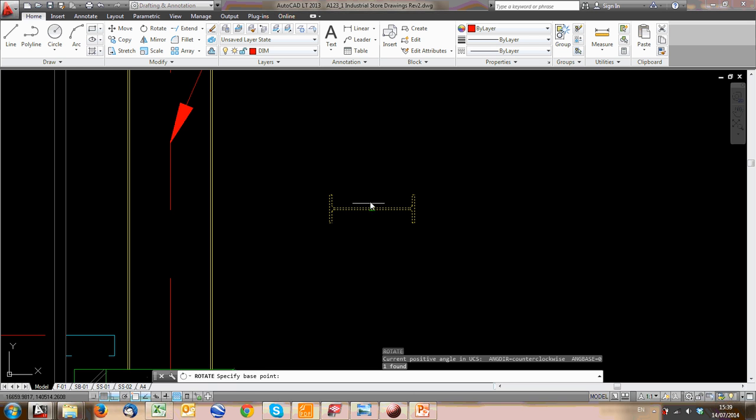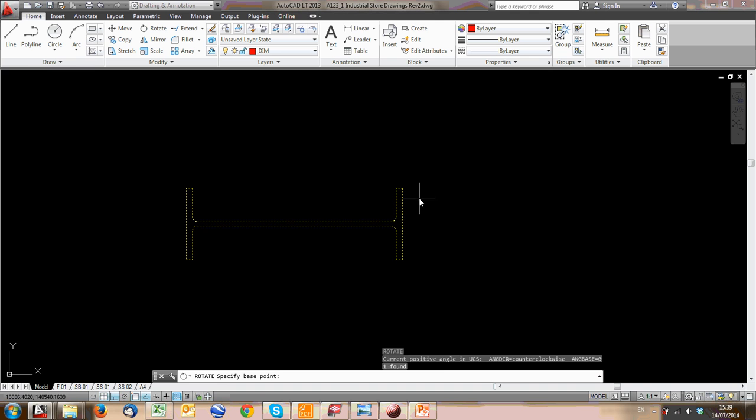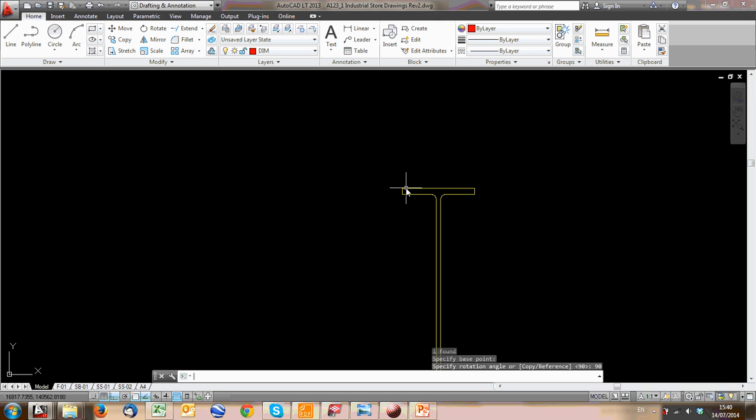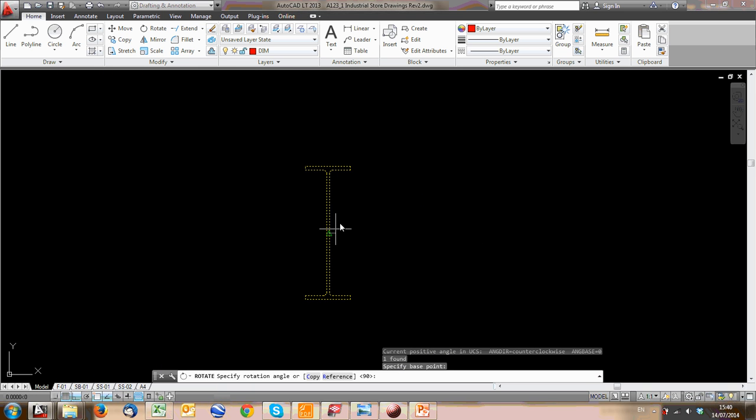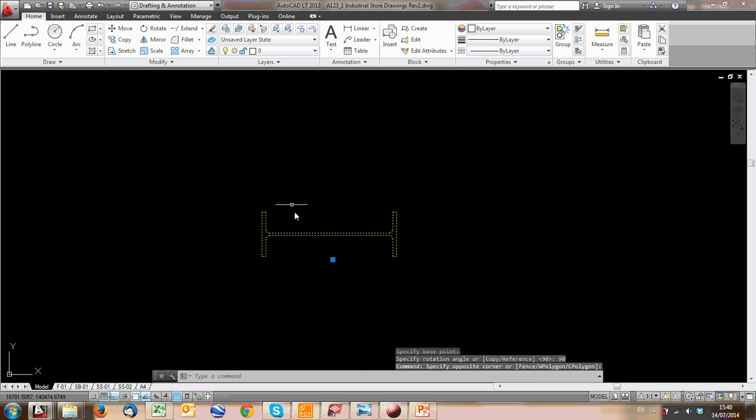It says specify base point. I can specify the base point wherever I want to. I can specify there, and then type 90 again, and it's rotated. Let me do that one more time. There, rotate, click 90 degrees. All right, I'm going to move him into place, and